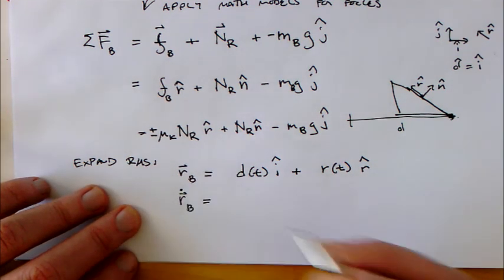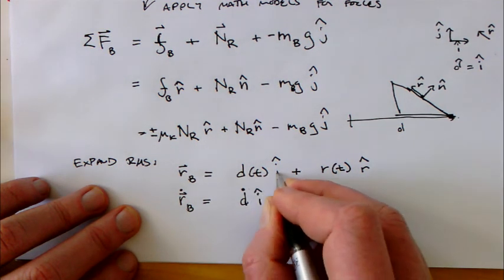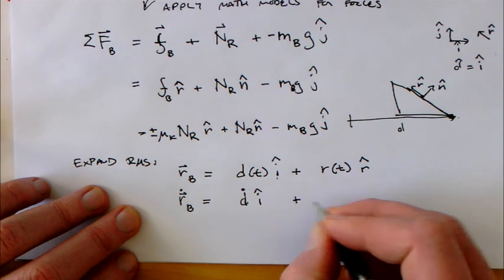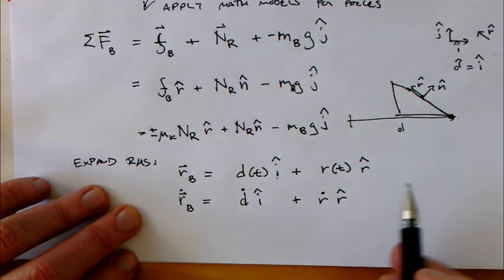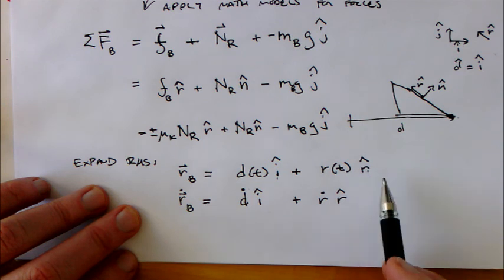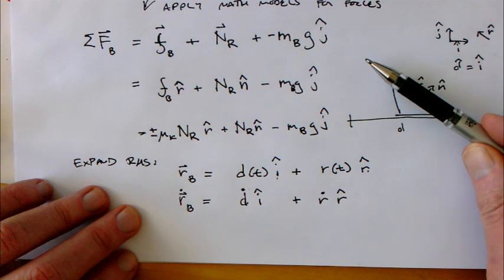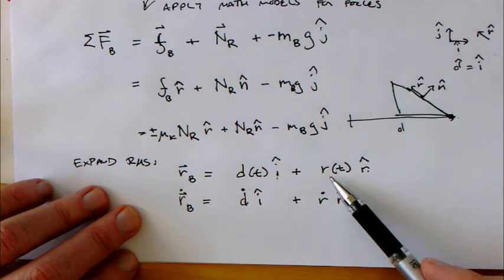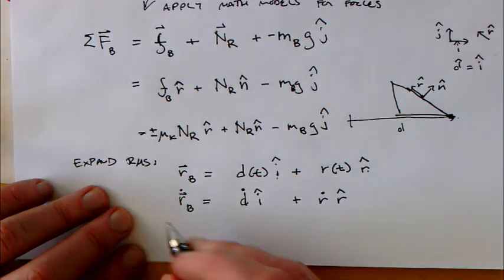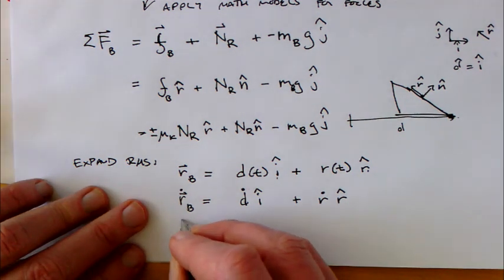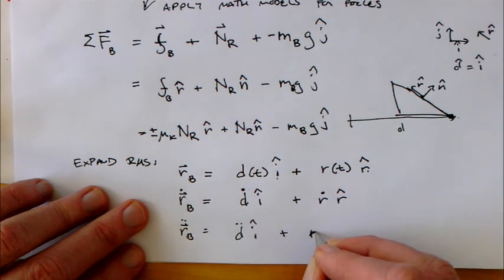The derivative of the block's position is simply d dot times i hat, because i hat doesn't change in time, plus r dot times r hat. I will note there's an r hat here. It is not an r hat that is changing in time because the angle of this block is not changing in time. So the derivative of r of t times r hat is simply r dot times r hat in this particular case. And finally, r sub b double dot is d double dot i hat plus r double dot